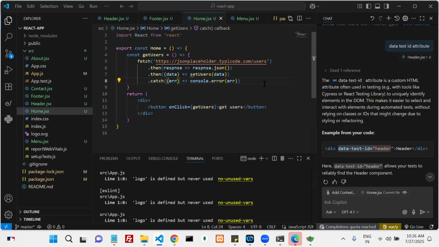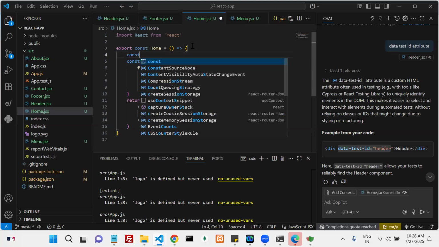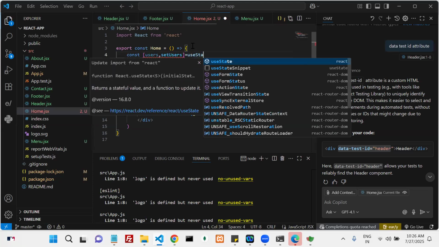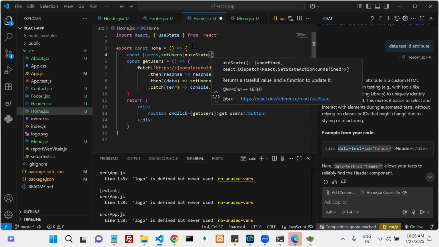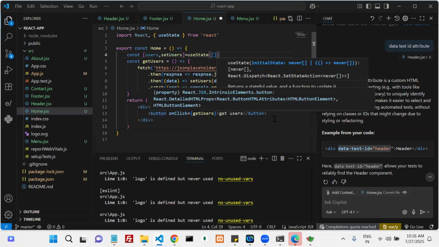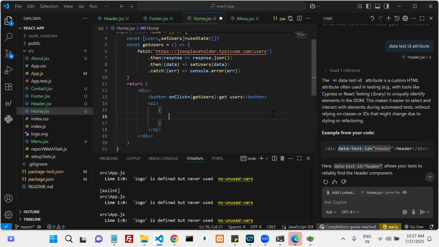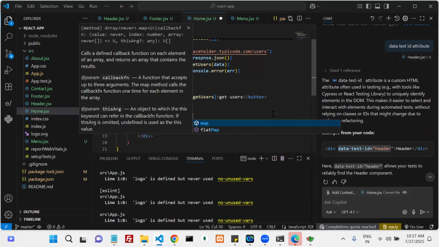Then constant users, set users, useState is the hook. So here ol. My users dot map